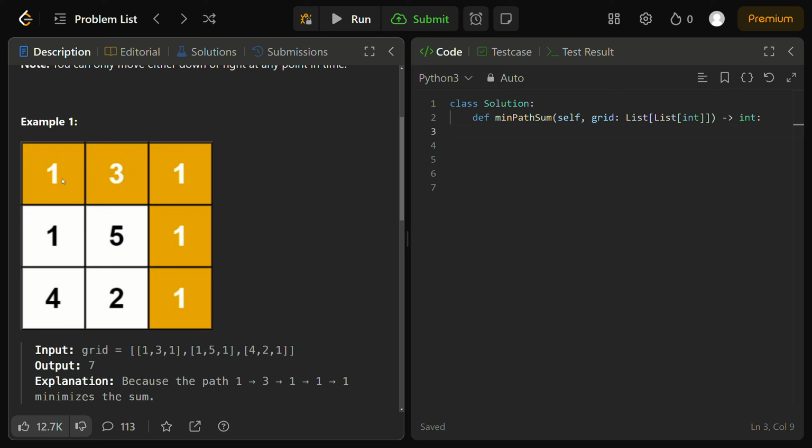Theoretically, yes, we could go from 1 to 1 to 4 to 2 to 1, and we still would not be breaking any of the rules, only going down or right and going from the top left cell to the bottom right cell, but that does not minimize our path sum because we need a sum of 4 plus 2 plus 1 plus 1 plus 1, or in other words, 9 to actually reach the bottom right cell, taking that path. And obviously, 7 is less than 9, and we're trying to minimize our path sum,